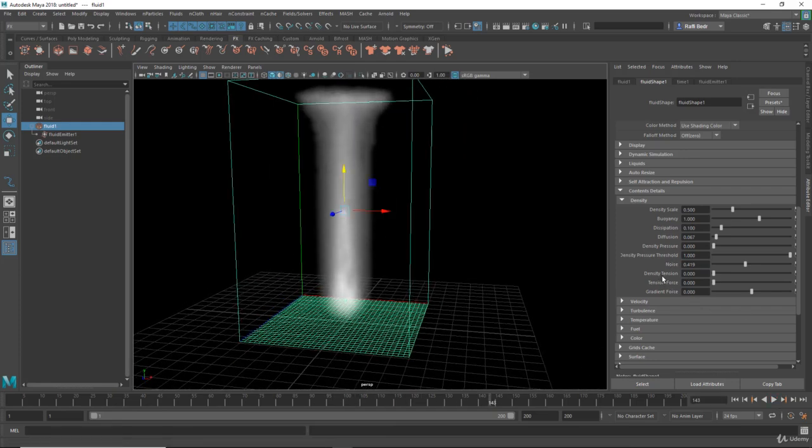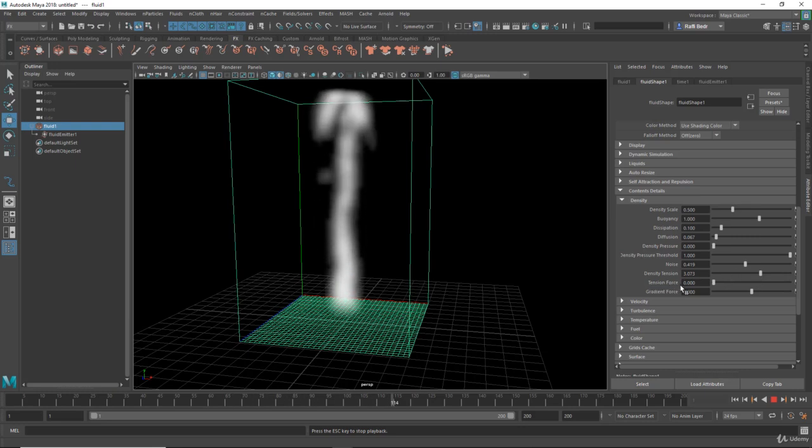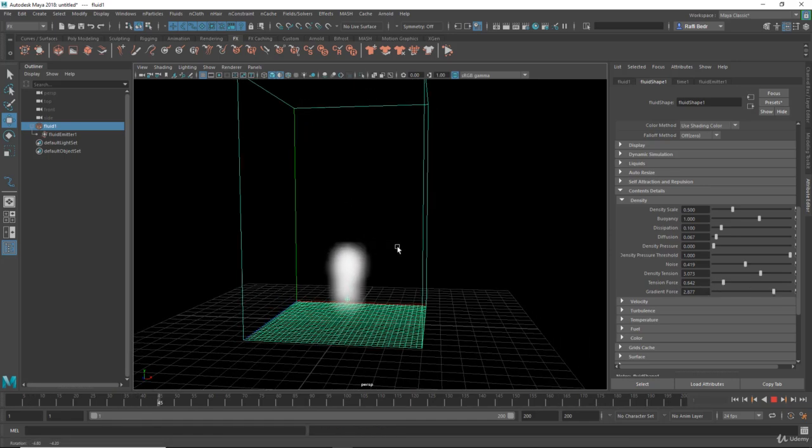And here you will find the tension of the density. You can add a tension to the density. Okay, and you can increase the tension force too. Okay, and this is a gradient force. If you increase that, you're adding the gradient force to the density. Okay,